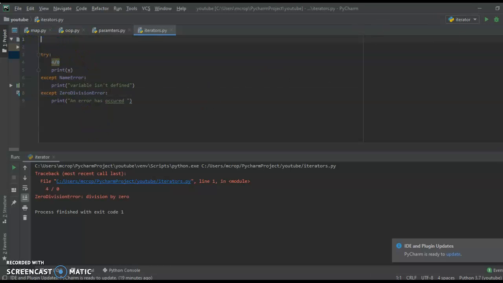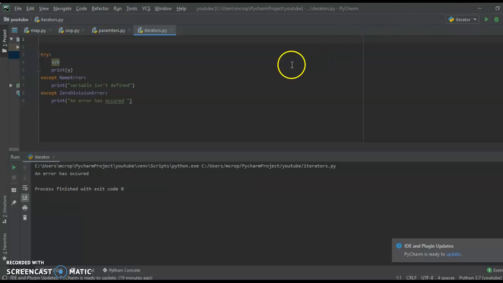Delete this. And it says an error has occurred. Okay, so also at the end of this, we can use a